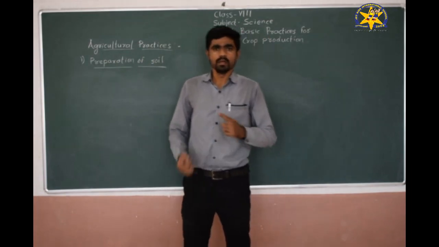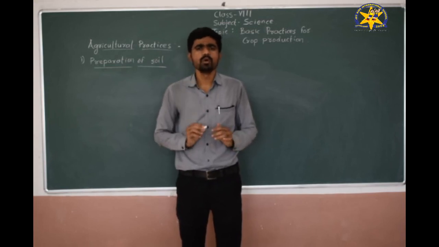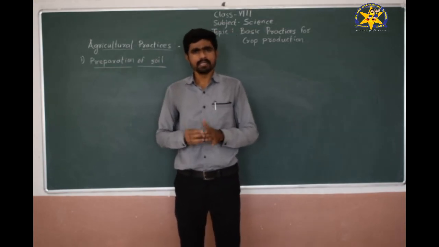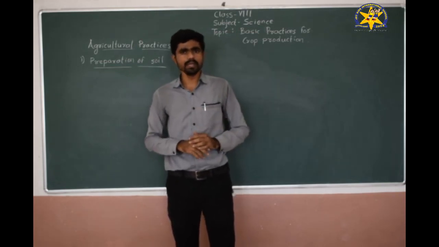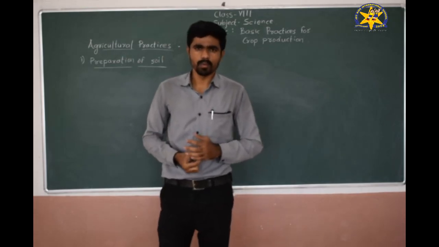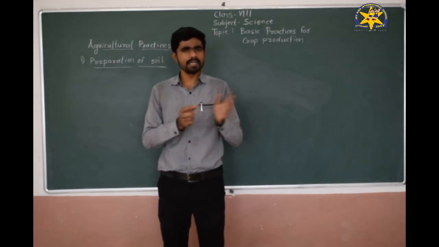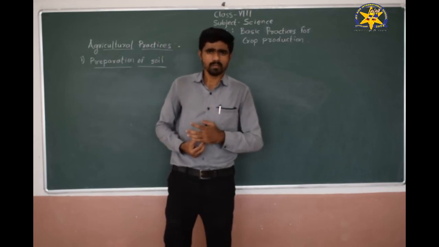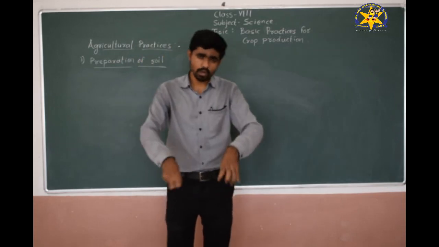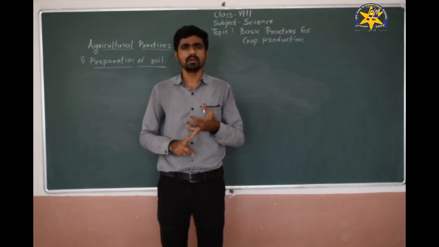Because first of all, in the last season, understand this point. For example, now I have to sow wheat in my field, but that field already had some plants in the last season. Wheat is a rabi crop. So for example, in the rainy season, in the kharif season, I had already sown different crops like jowar, etc. So those crops had utilized all the nutritive content of the soil, that is, minerals from the upper layer of the soil. Water they have utilized, and the soil has now become hard.